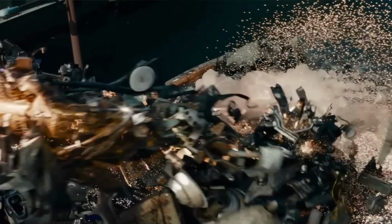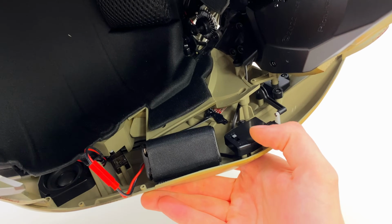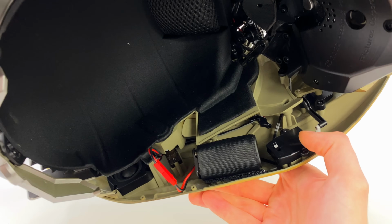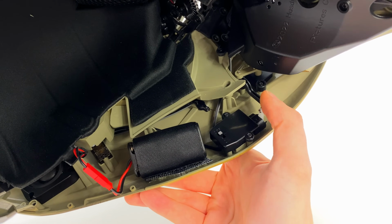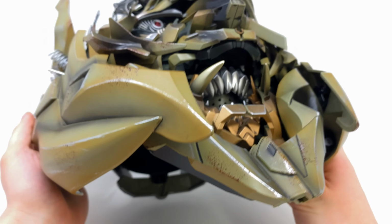Now, as we get stuck into the touch control feature to kickstart things off, you are going to want to flip this guy to the underside, which is where I'll be placing my head later on in the video. You are going to want to come to the activation switch, which is the closest to the battery pack. So once we power this on,